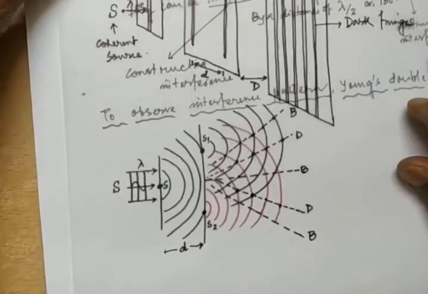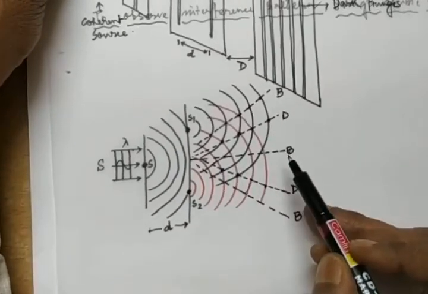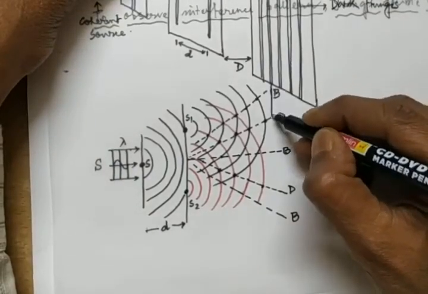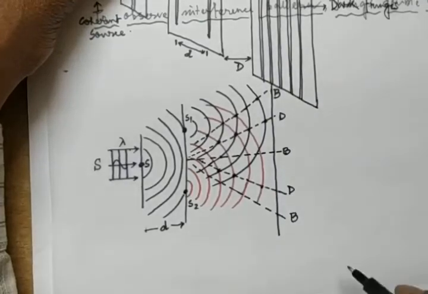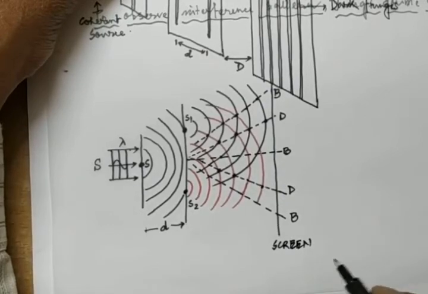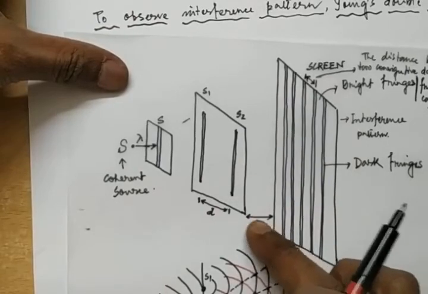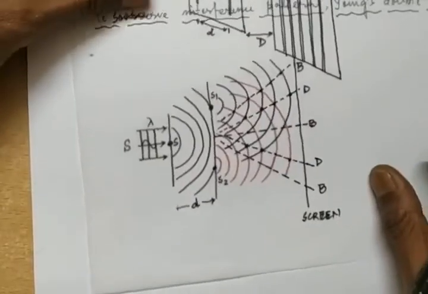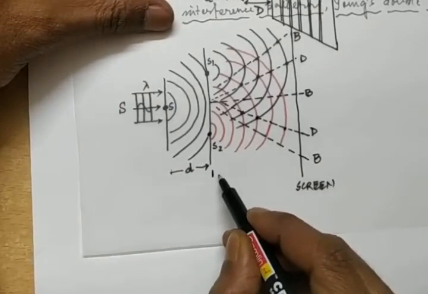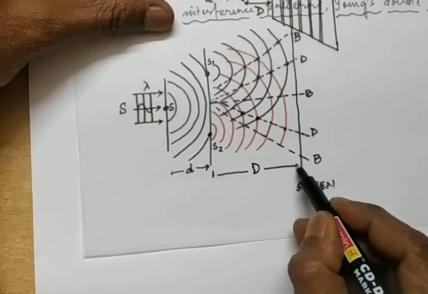So you can see here, first of all, I have drawn a bright fringe. This is the screen, okay? This is the screen. I am drawing this screen here. And the distance between the double slit and the screen is how much? D. That came out small, it should have been like this, that's why one should learn drawing when young. So see, from the double slit to the screen the distance is capital D.